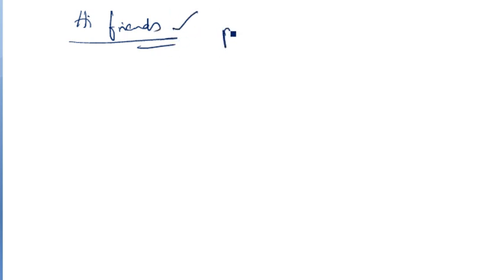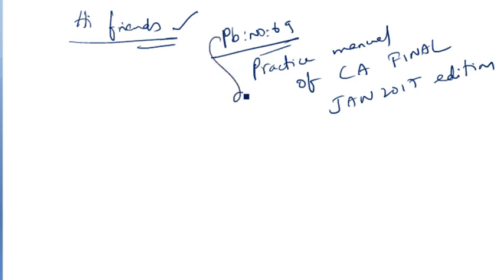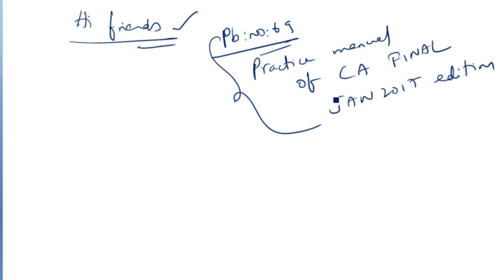So, this is going to be problem number 69 in the practice manual of CA Final, January 2017 edition. As you all know, this particular problem from the chapter Decision Making of Marginal Costing is in the interest of CA Final students in specific, but even CMA Final students can benefit from this video. This video is an application